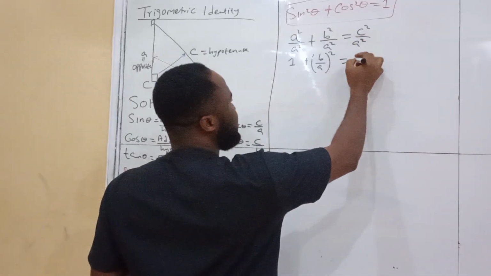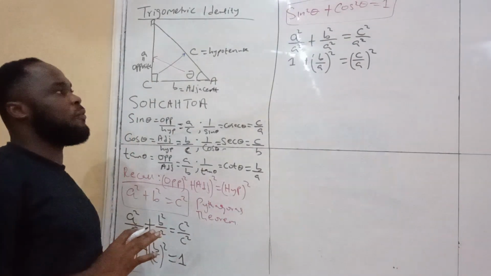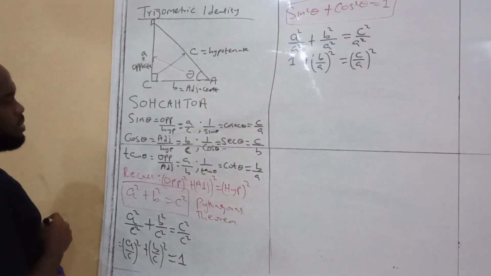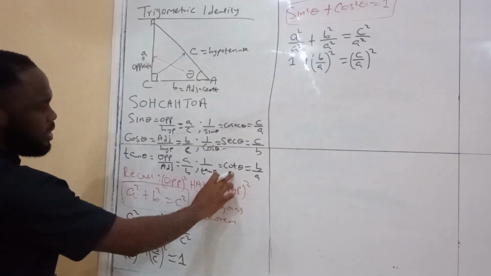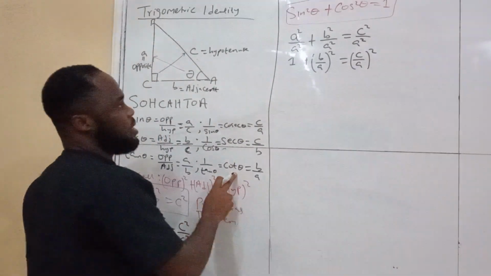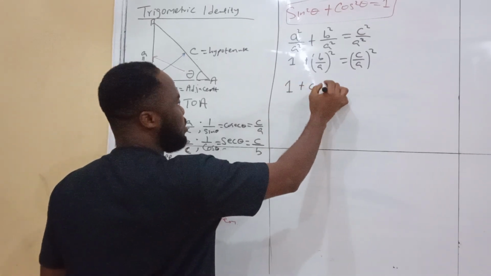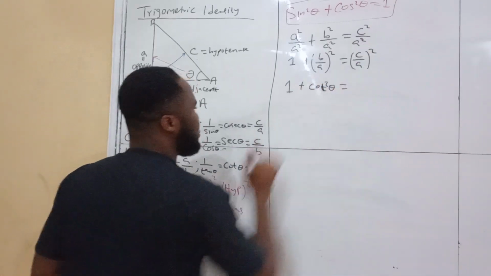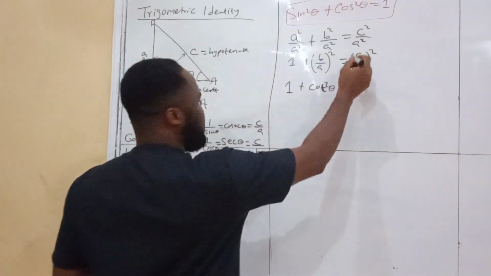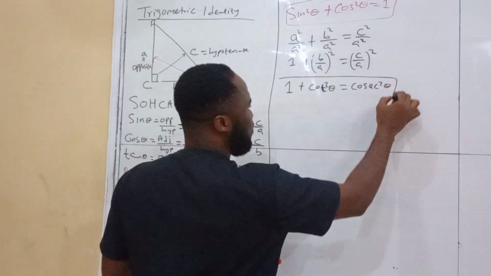Good. Equals C all over A all raised to the power 2. Because they still have common powers. Now, looking at what we have here, what is B over A? B over A is our cotangent theta. So we're going to replace this by cot square theta. Okay? So here we're going to have 1 plus cot square theta equals what is C over A? C over A is cosecant theta. So we're going to replace it by cosec square theta. So we have another beautiful